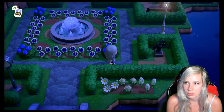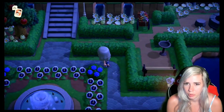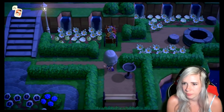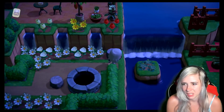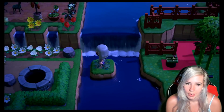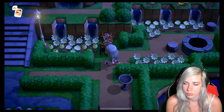Lots of hedges, and they're all white flowers out here except for the blue bushes. Another apple tree, because that's my local tree. Places to sit, just kind of hang out by the well. Should probably get rid of that flower, that's not meant to be there. This is just a convenient stepping stone to jump across to the museum area, really. Nothing major. And then, if you come up here,